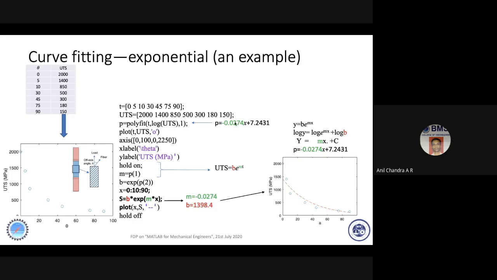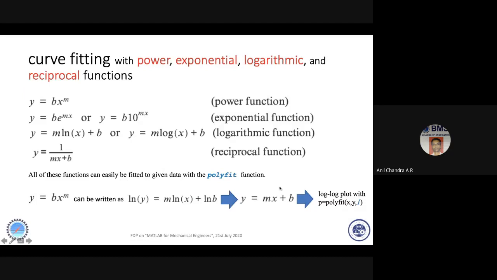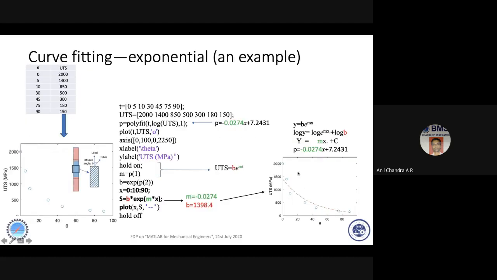What will it do? It will return the value of m and c. It's a slope, right? So that is the polynomial for that, y is equal to mx plus c. But I told you in my previous slide, if you have this expression, you can bring it down to logarithmic and then plot log x, log y. The slope of that line is m and ln b is the intercept, right? So you have the log plot, that is this, and I get this expression.